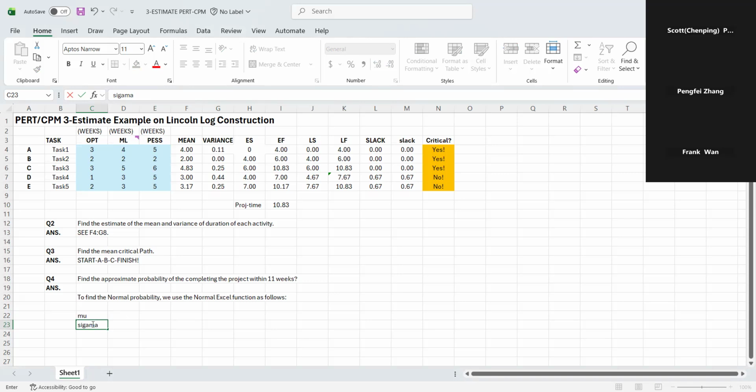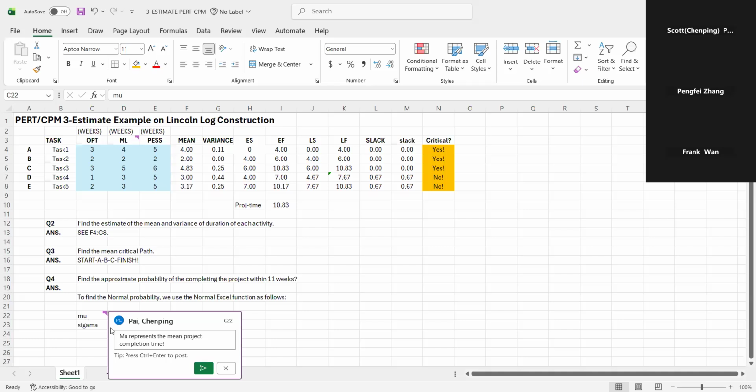Well, just sigma, that's fine. Let's do sigma. So what is the mean? Let me explain a little bit here. First, we set up mu. Mu represents the mean project completion time,